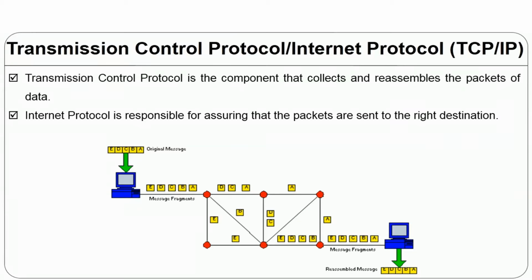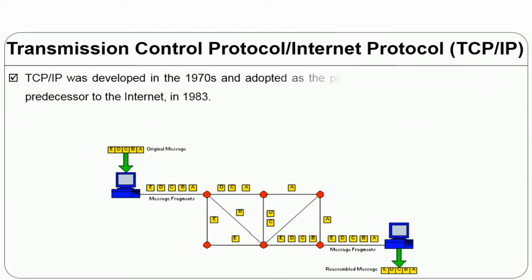So let's not go into the very detail of it. It's part of computer science. It was developed somewhere in 1970, but adopted in 1983, as I told earlier. It became the protocol standard for ARPANET, and this is the predecessor to the internet. Somewhere I have also seen that the year is 1983 when it was developed. Let us say that TCP/IP becomes the basic protocol on this.